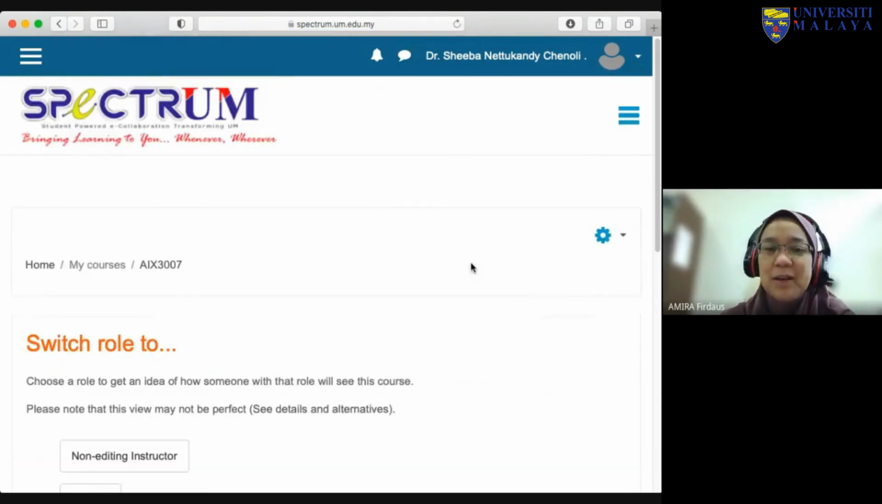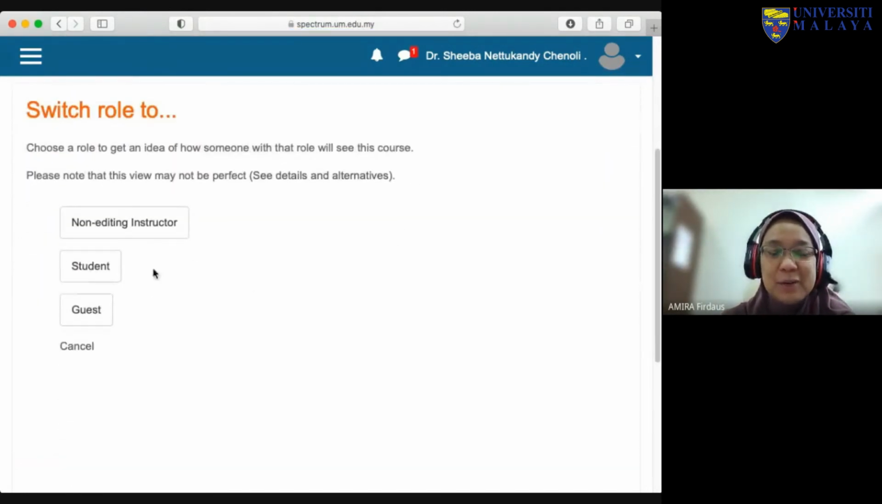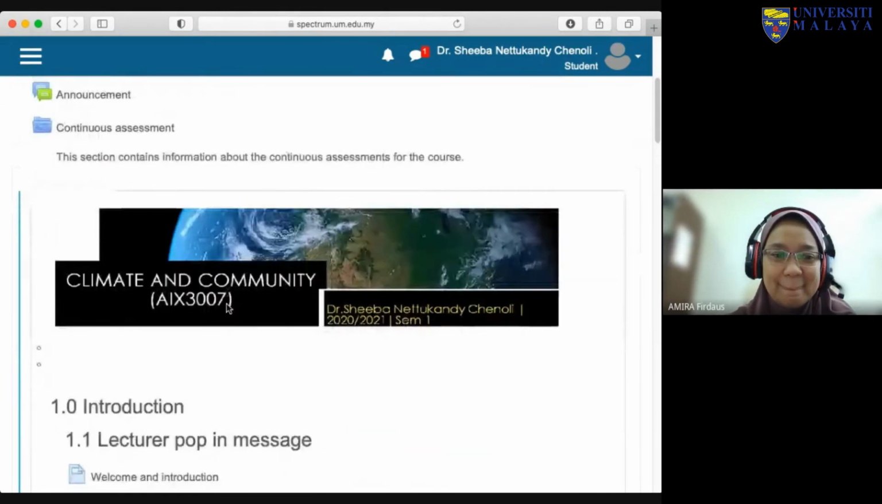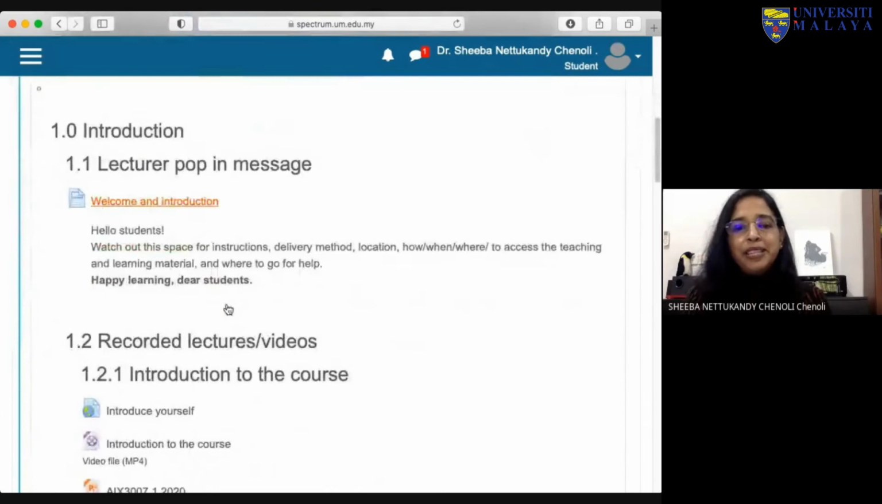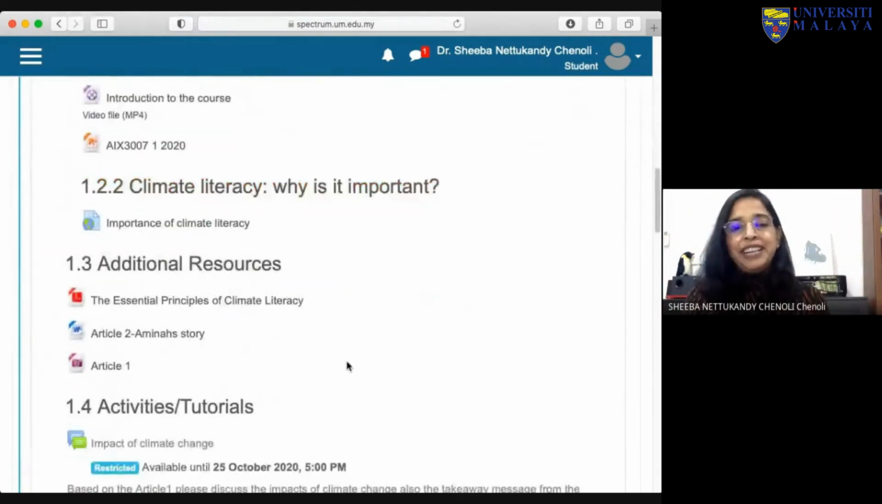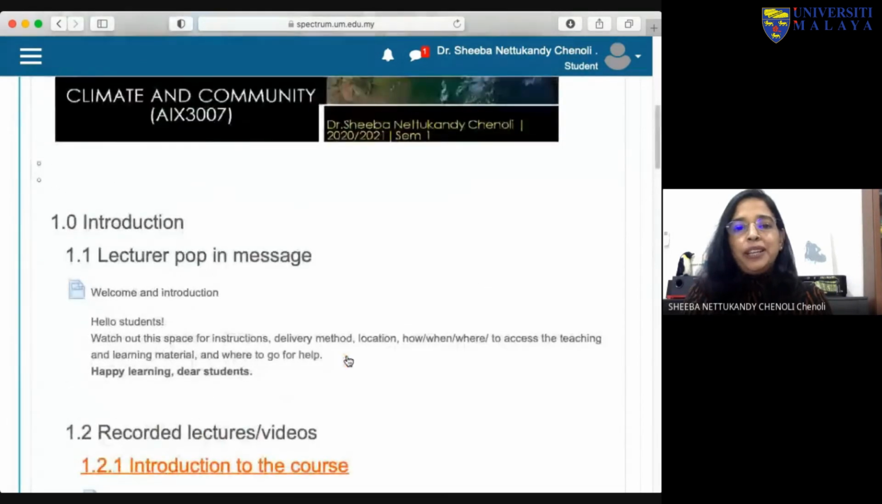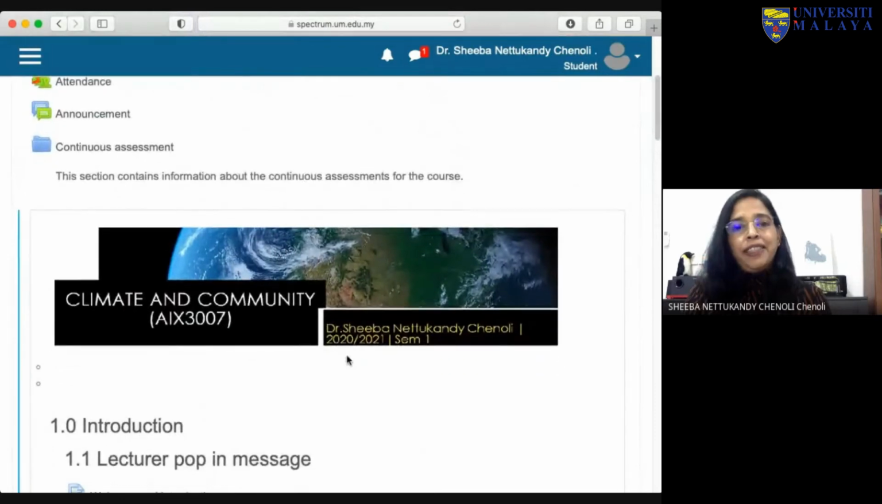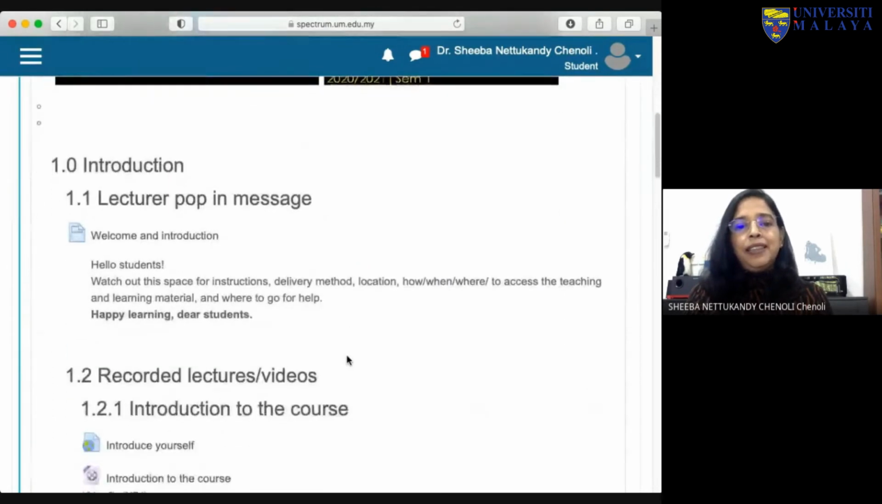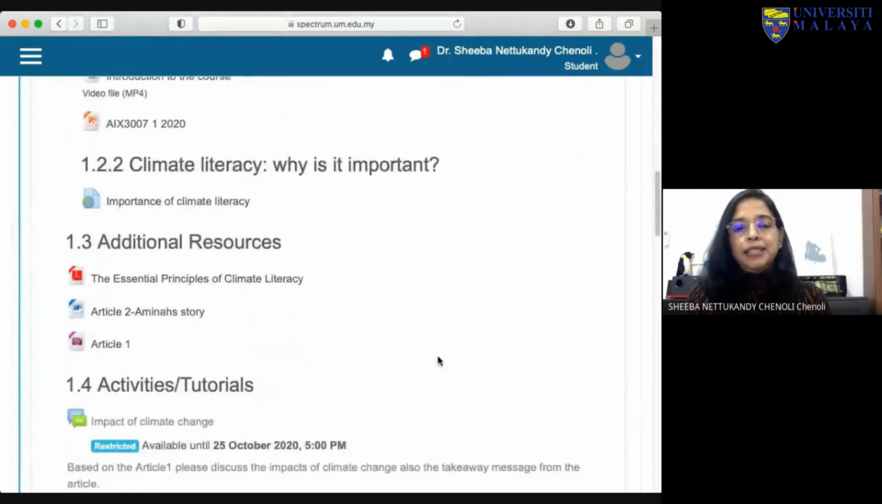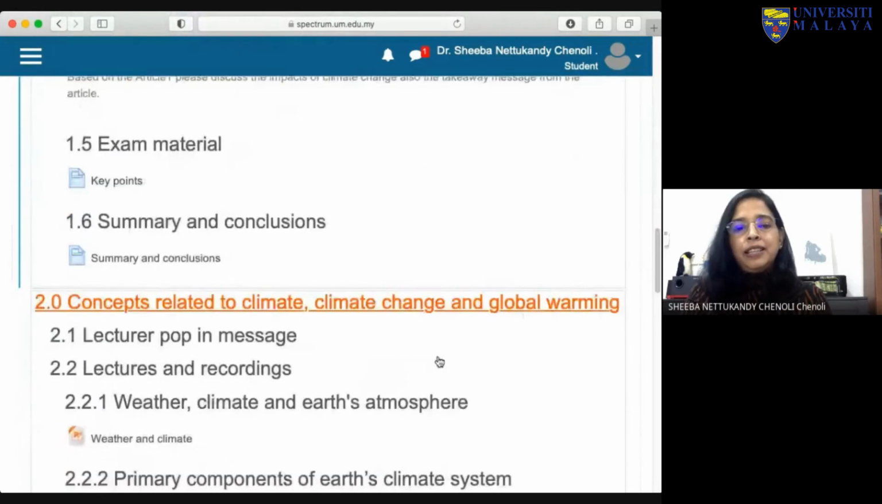So as we all know, students have a different view. It's a much cleaner view than what we see because we have the editing view of the Spectrum page. So if we click on that student view, that will help us see what exactly the students see on our Spectrum page. So I am afraid you wouldn't see much because most of it I've hidden. So this will be what they can see, right? I have the attendance, announcement, then I have all the topics here, subsessions, and